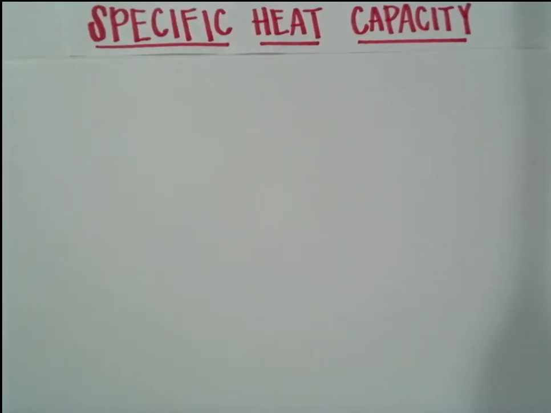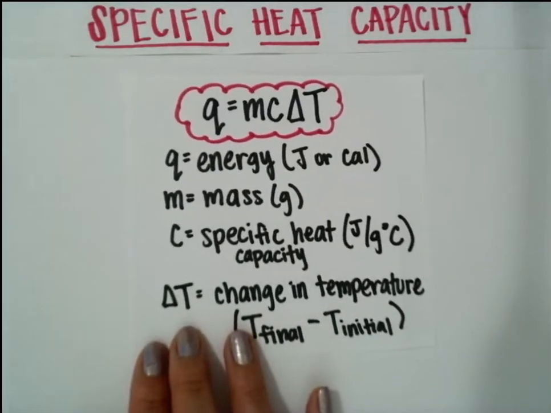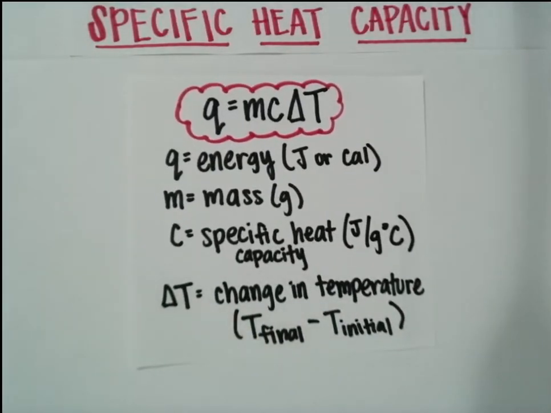Hi everyone, this is a video that's going to go through some example problems using specific heat capacity. Remember, specific heat capacity is referring to the amount of energy needed to raise 1 gram of a substance by 1 degree. So the formula we are going to use is Q equals mc delta T,